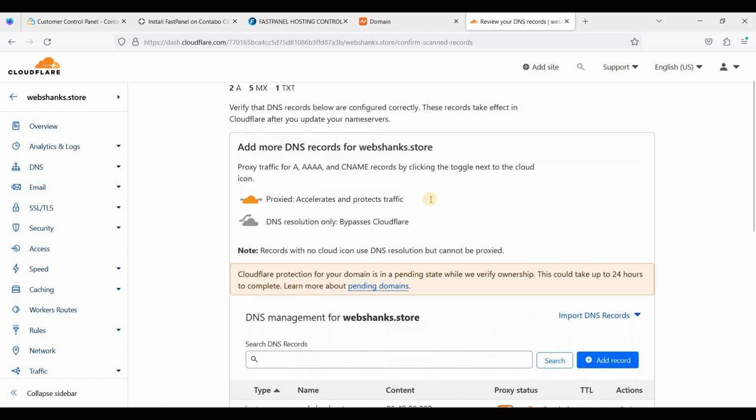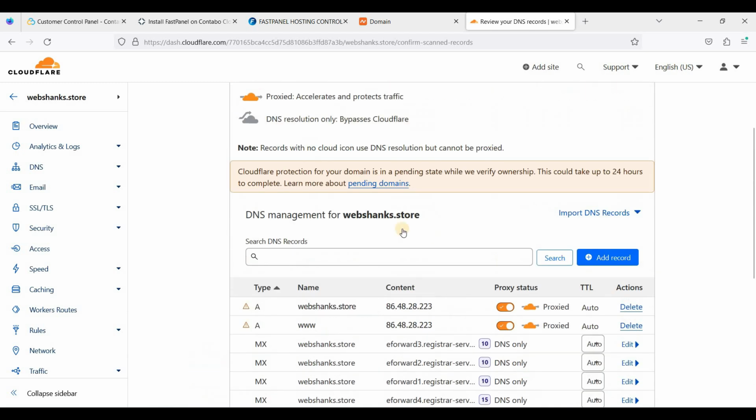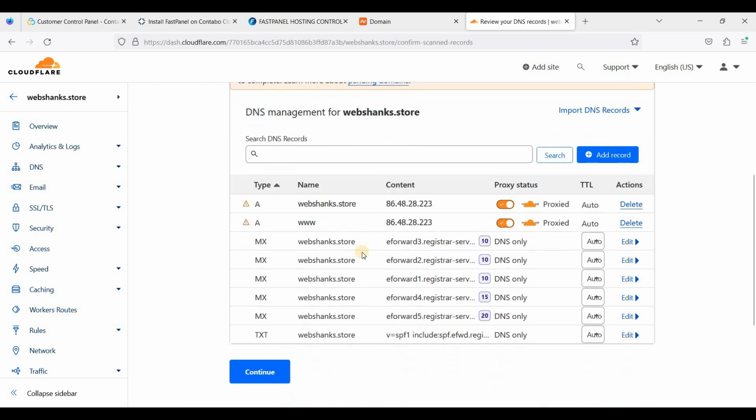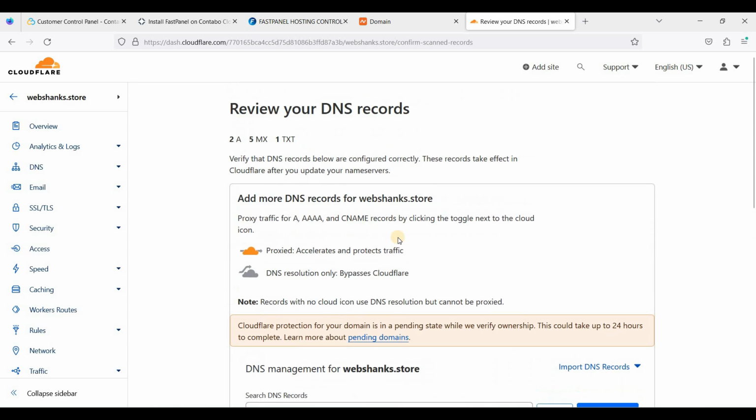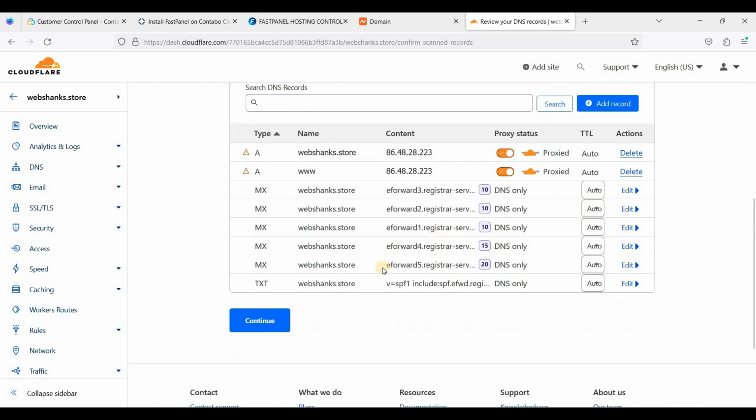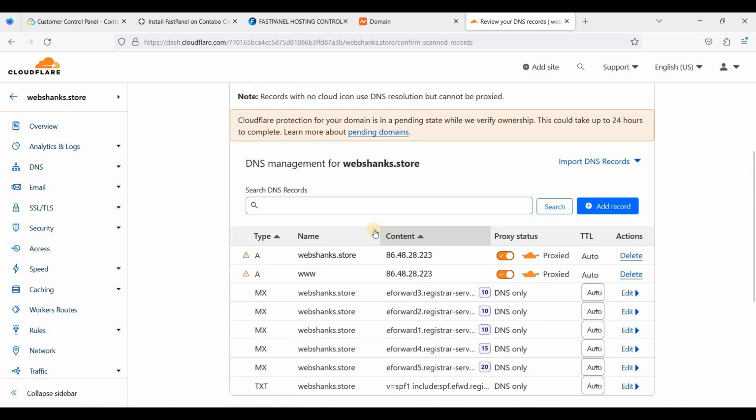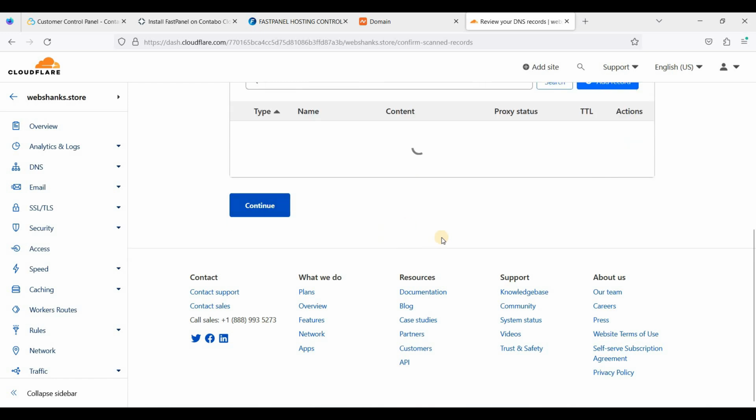And here we have the default settings for our MX and TXT records, that we need to use Cloudflare's DNS. So just click continue,